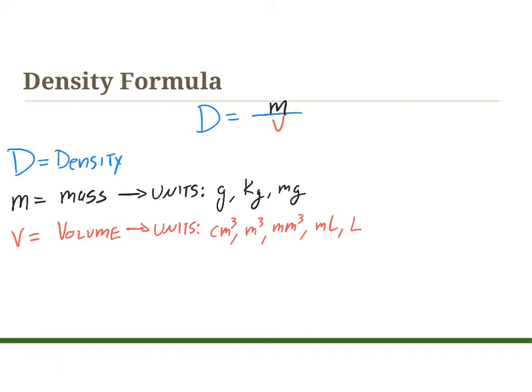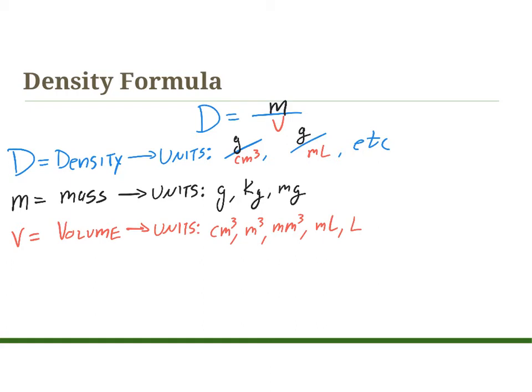And then for density, our units could be, and I'm only going to list two of the options because these are the two that you're going to see most often, grams per centimeter cubed or grams per milliliter. But I would like you to know that there are more possibilities than that. For example, you could have kilograms per meter cubed, but we're not going to really deal with that a lot